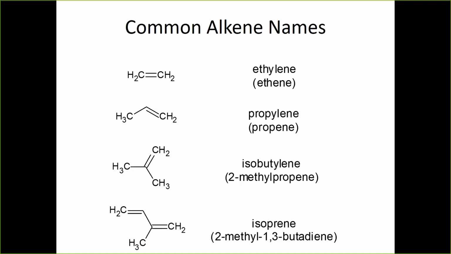So I mentioned before about alkenes, which are hydrocarbons with double bonds, and these have special names as well. The IUPAC names are the ones that are in parentheses, and you see at the top there the 2-carbon alkene, which is the simplest, is called ethene under IUPAC nomenclature, but the common name for that is ethylene. So nobody really uses ethene.